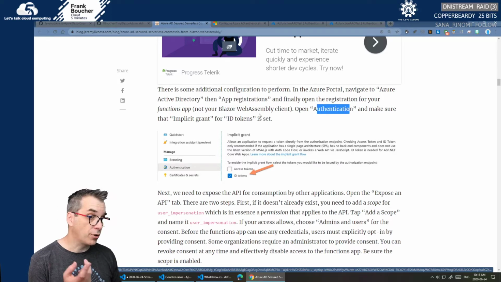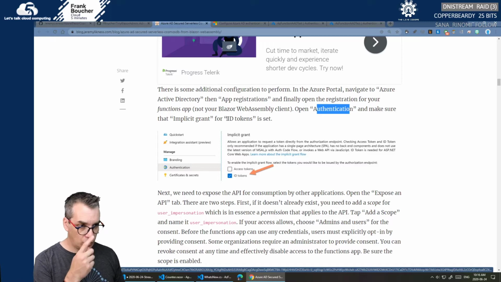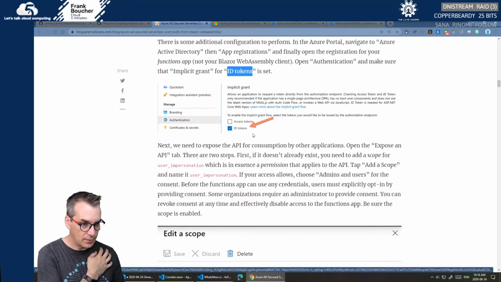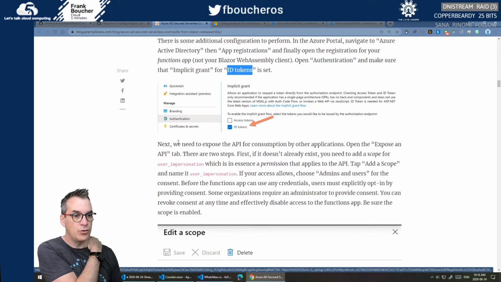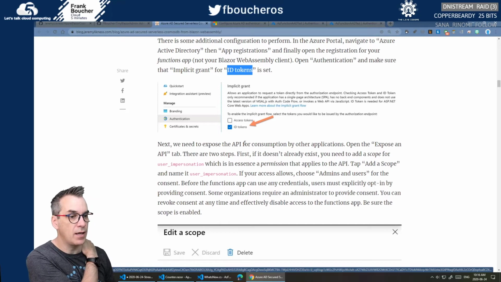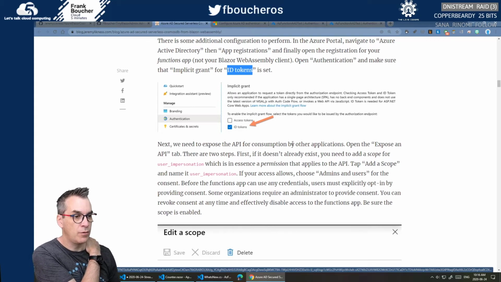Okay, make sure that implicit and ID tokens are set. They are. Next, we need to expose the API for consumption by other applications. Open the Expose an API. There are two steps. First,